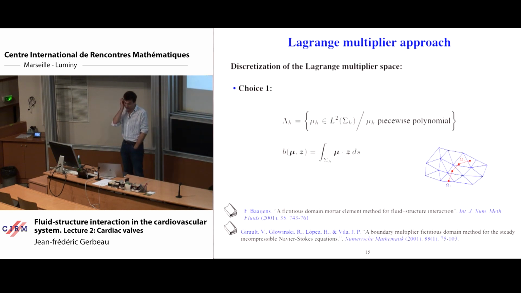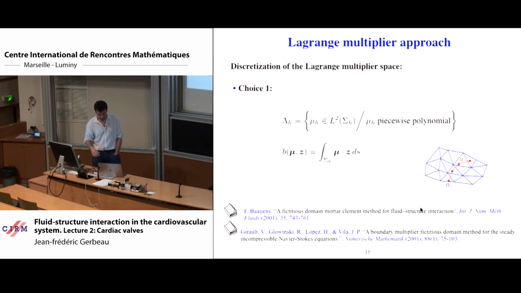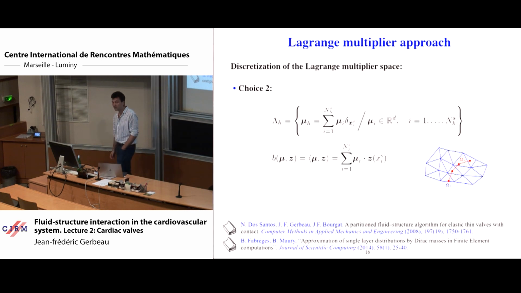The typical choice in this framework that was proposed in particular by Glowinski and co-workers is to use L2 Lagrange multipliers, which is a reasonable choice where you can prove some inf-sup stability result. Okay. Our choice is a bit different and a bit strange in a, say, variational finite element framework, is to use Dirac measures for the Lagrange multiplier. This is not very common. Of course, it requires more regularity, but this is typically satisfied as soon as you use a continuous finite element,